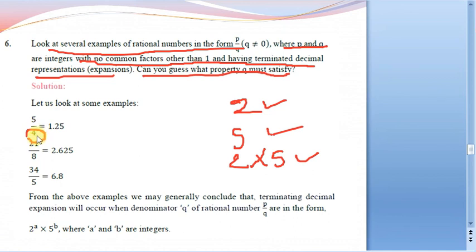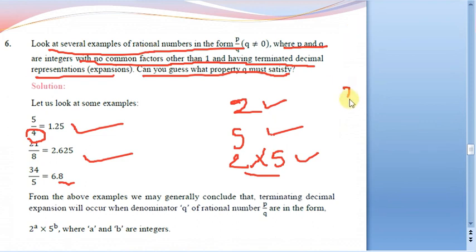So see here, this is 4, it is nothing but 2 square, so only 2 powers are there, it will terminate. I have taken some examples here, 21 by 8. In the denominator 8 can be written as 2 power 3. So only 2 powers are there, it will for sure terminate. Again 4 by 5, it will terminate. So in the denominator, if 2 powers are there, if 5 powers are there, or 2 and 5 powers together are there. Suppose if it is like this, in the denominator there is 30.